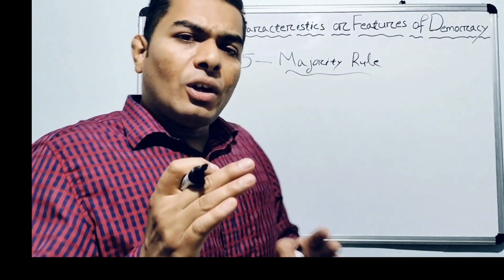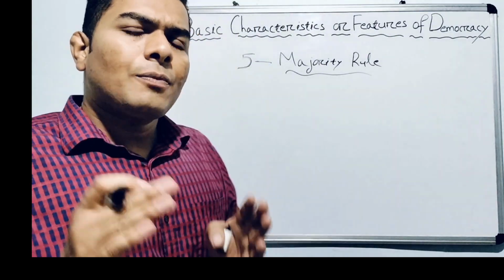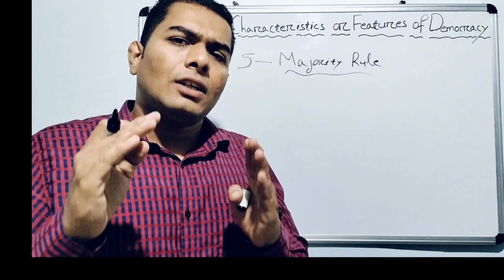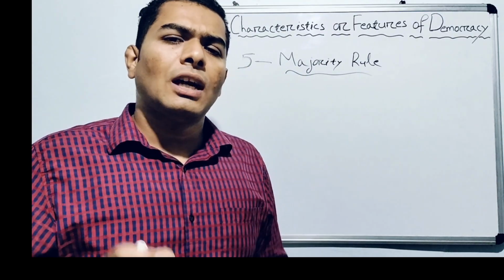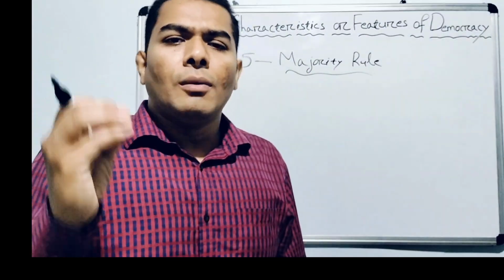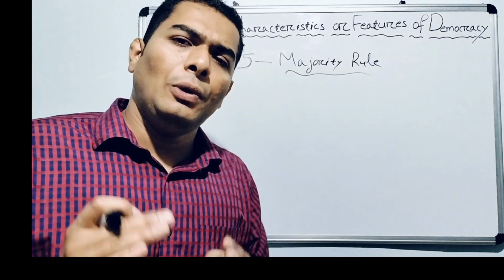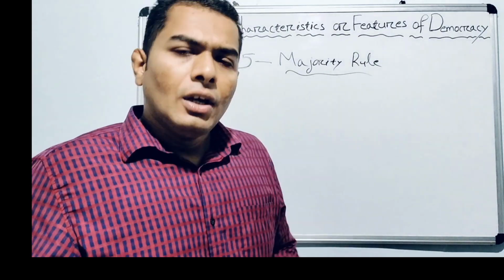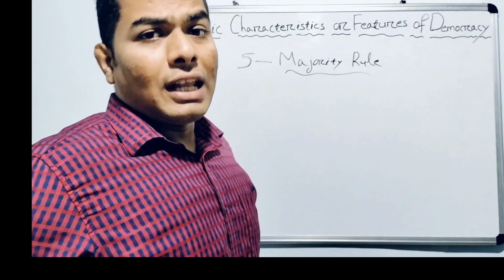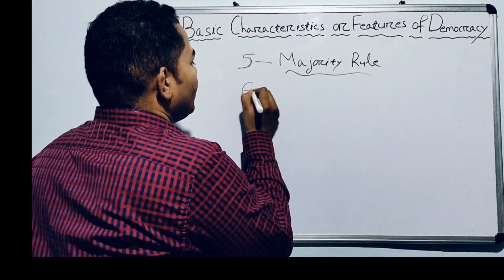Even in the rule-making or policy-making process, a proposal will become an act, rules, or regulations only if it gets the support of the majority of numbers. So this is majority rule, and we find majority rule in democracy. This is all about majority rule. Now we will discuss the next feature of democracy, that is,